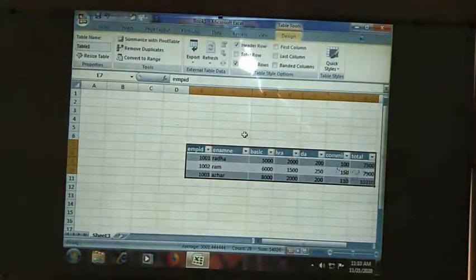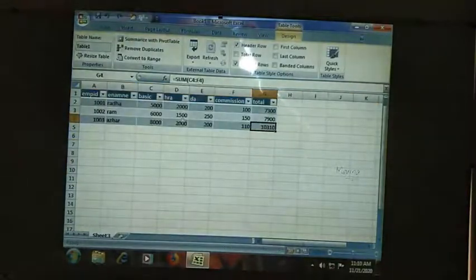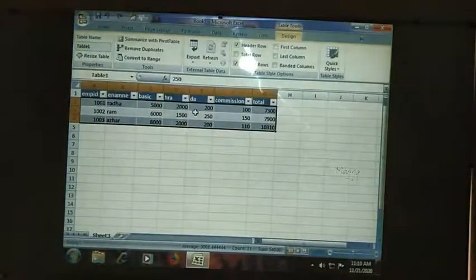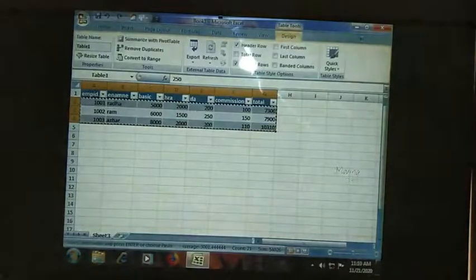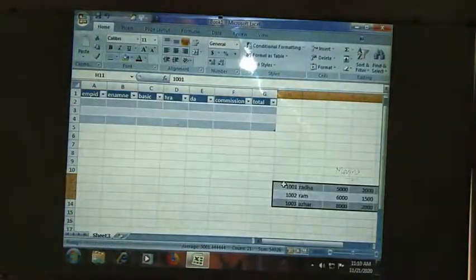And one more way we can move the table is to just select the table. Be in your table and press Ctrl A so that your complete table will be selected. Just press Ctrl X, that is cut. Then place the cursor where you want to paste your table and press Ctrl V. Automatically your table content will be moved from the original location to the desired location.